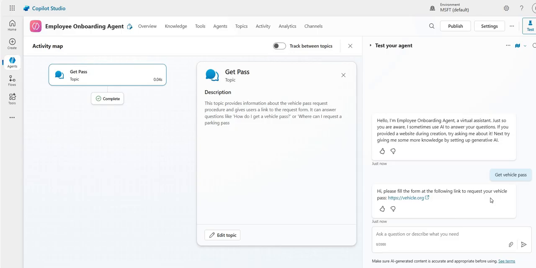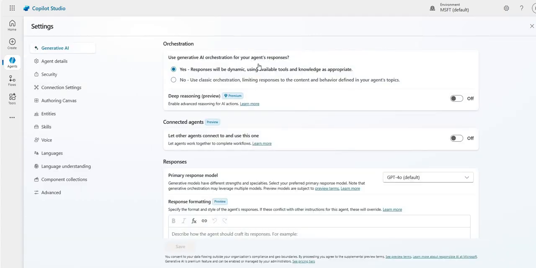The other thing we have to understand is generative AI. Suppose I go to settings, here you can see generative AI. So this worked because our agent is using generative AI orchestration, a powerful feature that lets the AI read topic descriptions and understand the user intent. So that's why it is working. The other option is classic orchestration, but there we have to mention all the triggers and all things. So now if we go to our agent again,